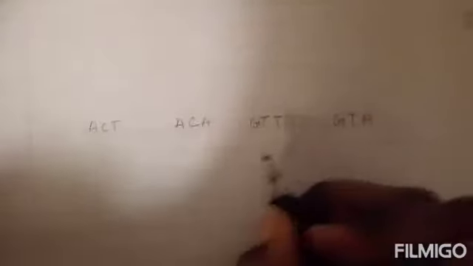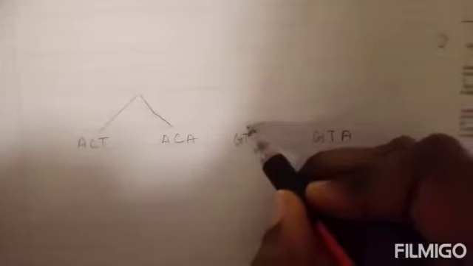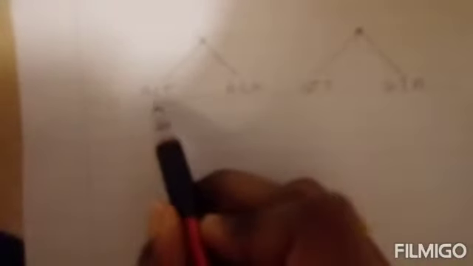For example, I'm just giving you 4 sequences. Okay, so when I consider these 2 sequences and these 2 sequences, what could be the root node over here? What do you think will be the root node over here? Okay, so the root node for this one, what are the possible things? According to the maximum parsimony it considers each and every